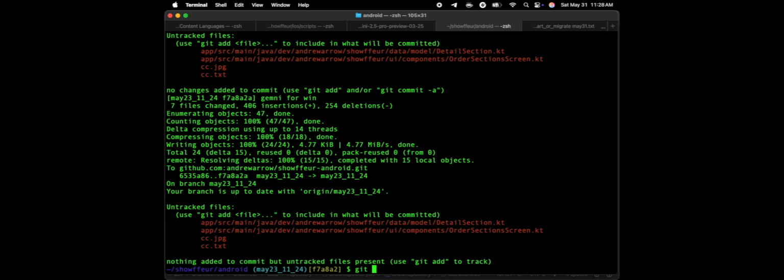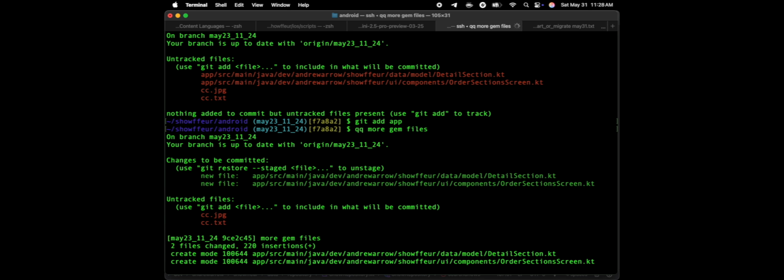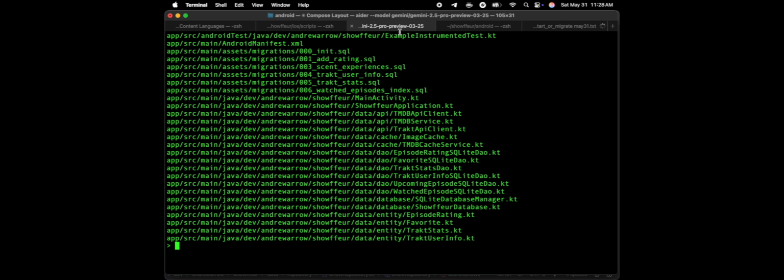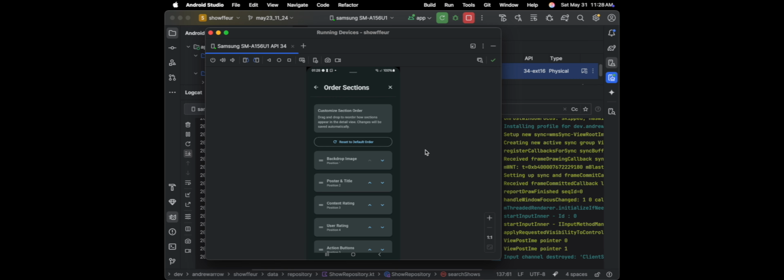And I forgot a couple files here, so let's add and say more Gemini files. Okay, great. So that's all checked in. We're in here, and let's just get out of here now because it solved our problem. Let's go back to Claude. Okay, so if we look at what it's doing now, though,